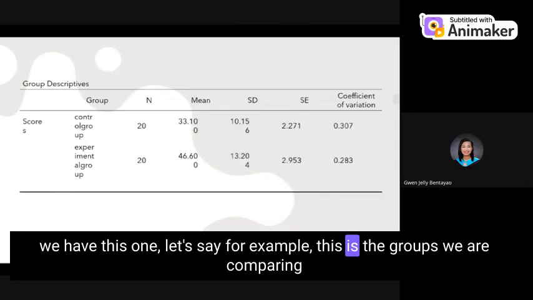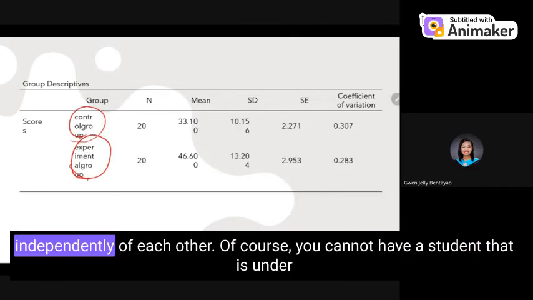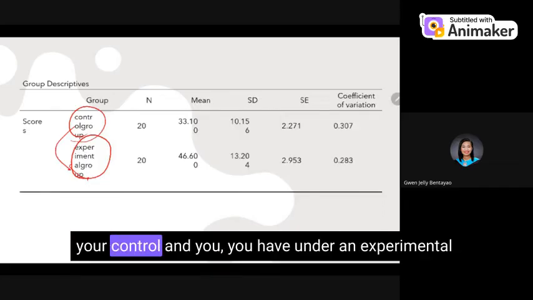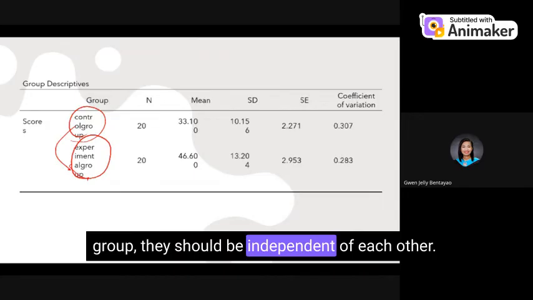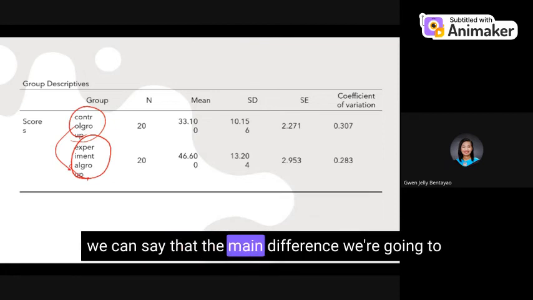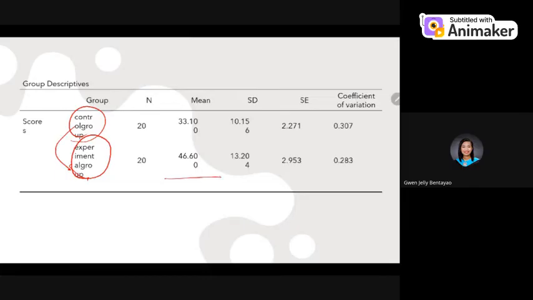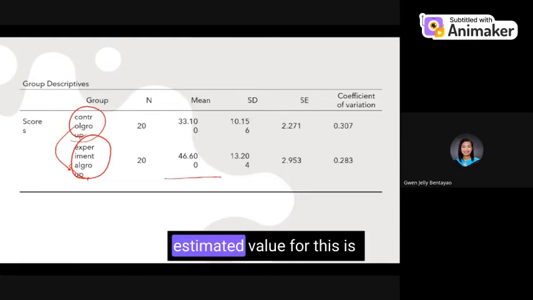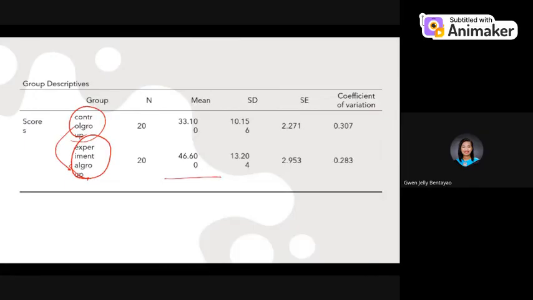Let's say, for example, these are groups we are comparing independently of each other. Of course, you cannot have a student that is under your control group and also in your experimental group. They should be independent of each other. So that's why we can say that the mean difference, we're going to subtract it here. That means to say, let's say, the estimated value for this is